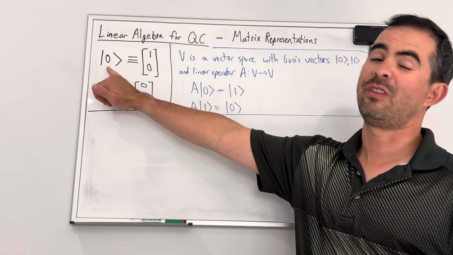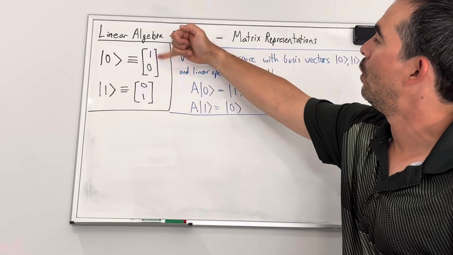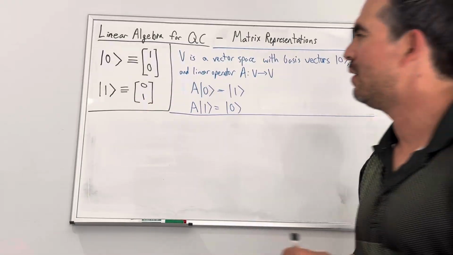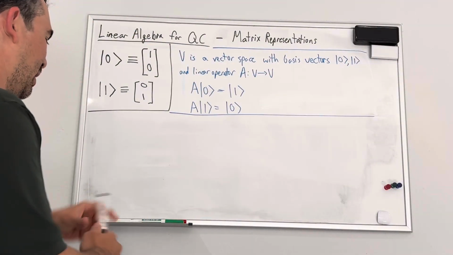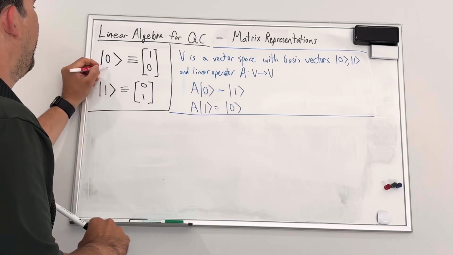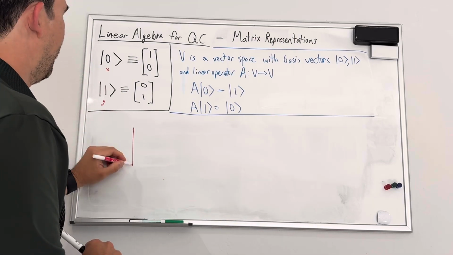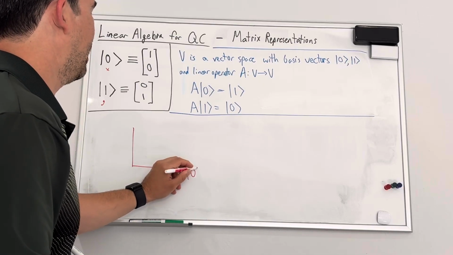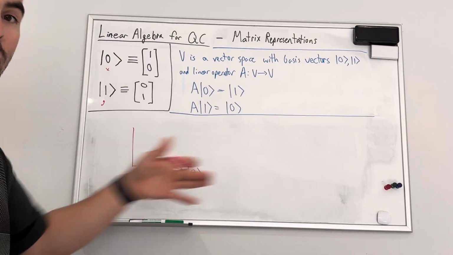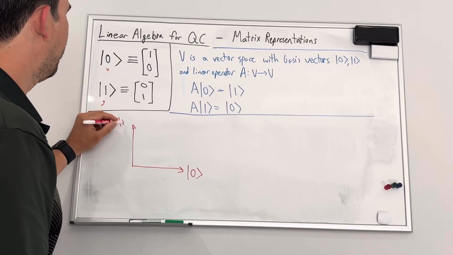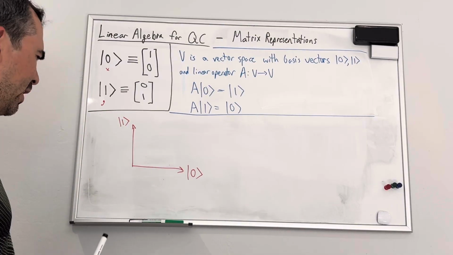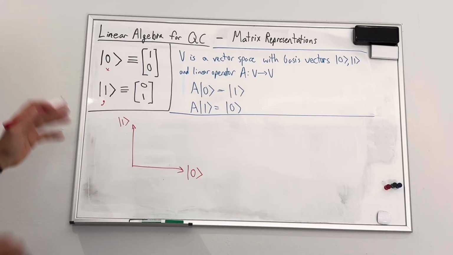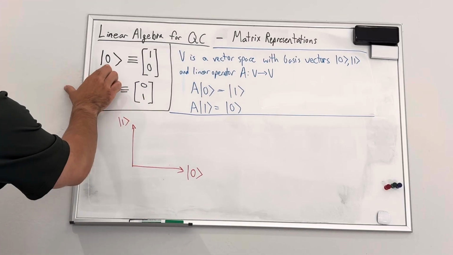that we label with a 0 in the middle as the vector 1, 0, and this vector that we call 1 as 0, 1. You can think of this in some sense as being kind of like X and Y, right? If I have some grid, in some ways I can think of this as my 0 vector, and in some ways I can think of this as my 1 vector. Now this gets a little more complicated because in general we're going to deal in complex spaces, so it muddies this picture a little bit. But for the time being,